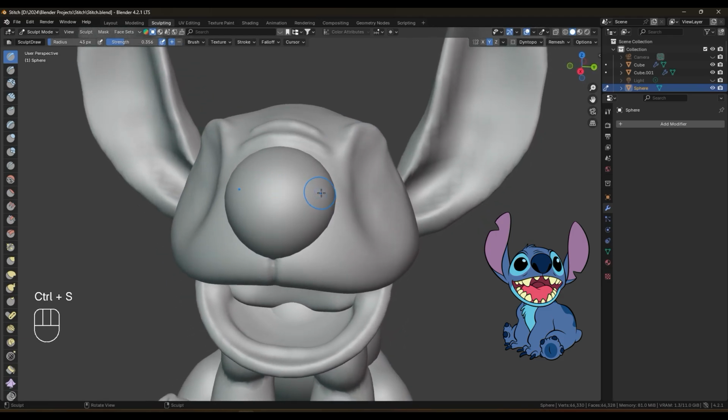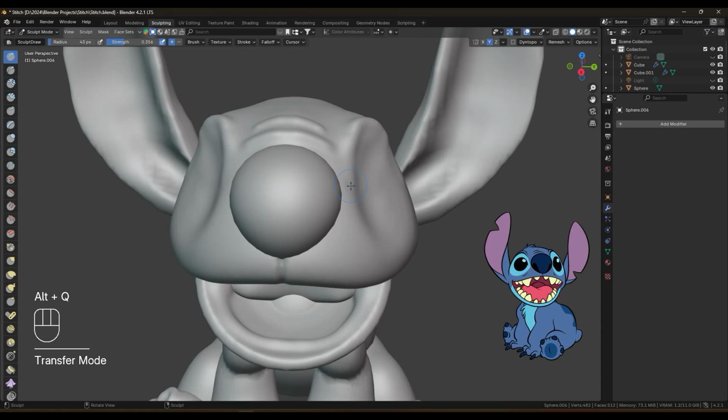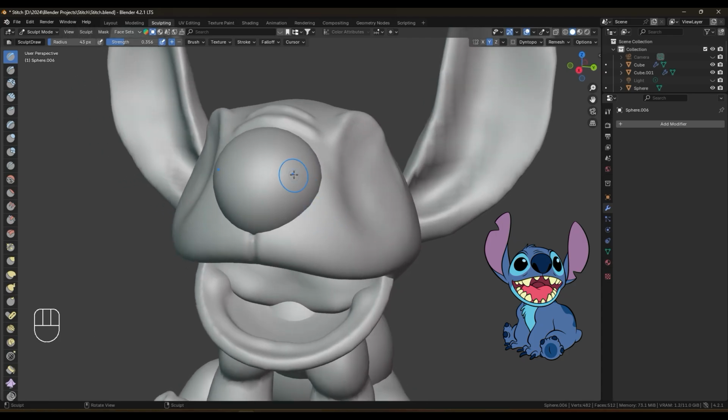So to switch to the nose object, just hold Alt Q. So press Alt and Q while hovering over it, and it'll switch to the nose. I think if Mac is Option Q, just double check. Then I want to,